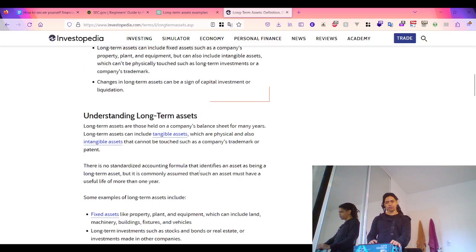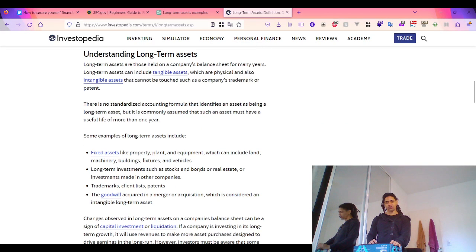When we talk about long-term investment, most of the time we talk about fixed assets, so property, plant, and equipment, intangible assets, goodwill, investment,